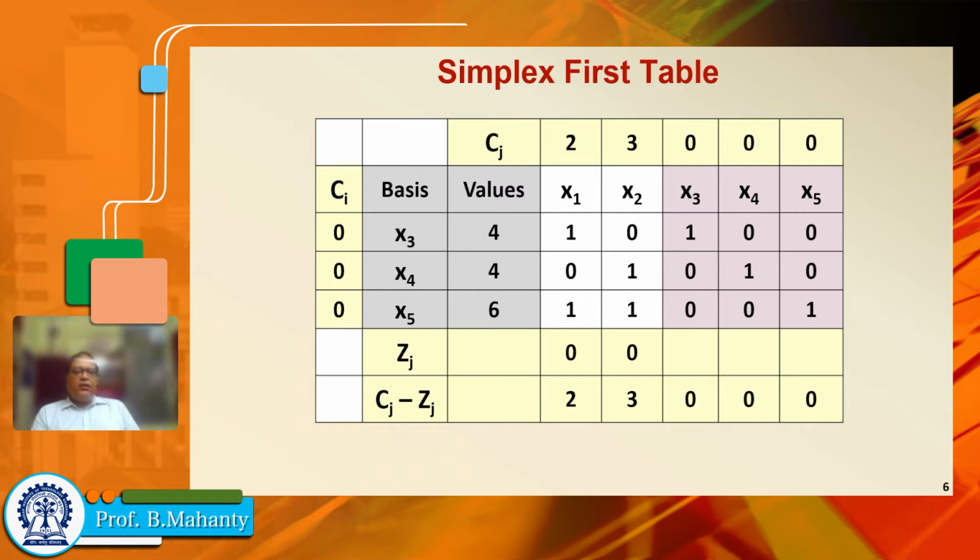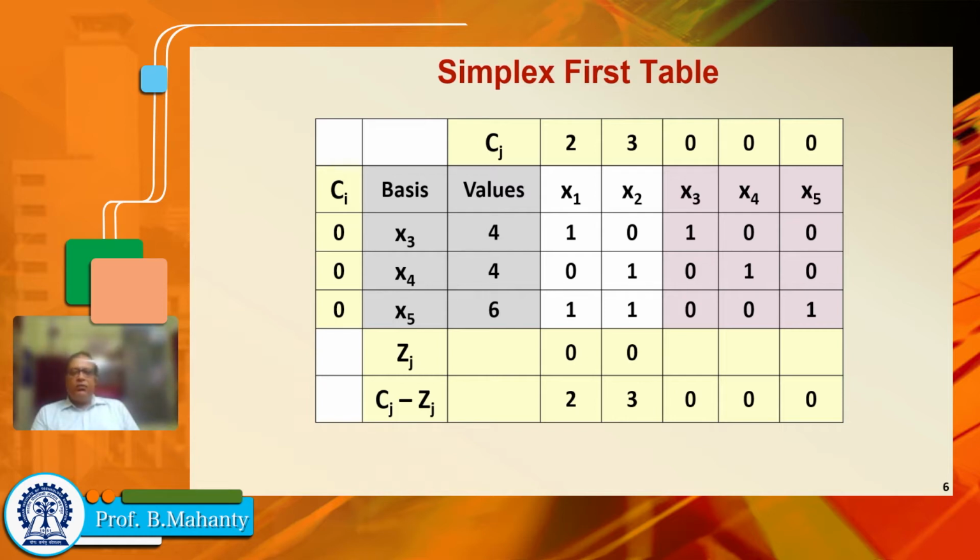And then here we write the Cj, that means the profit coefficient row. Here Cj are 2 and 3, 2 for x1 and 3 for x2. Similarly, on the other side, we write the Ci, which are 0, 0, 0. And thereafter, we compute the Cj minus Zj values, and those values are 2 and 3 respectively, because to bring